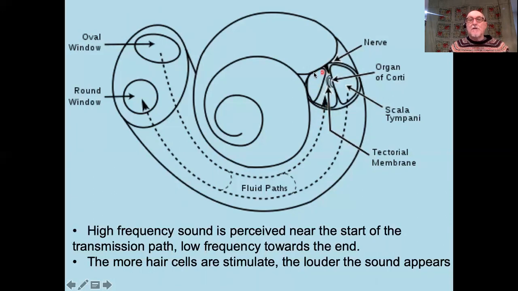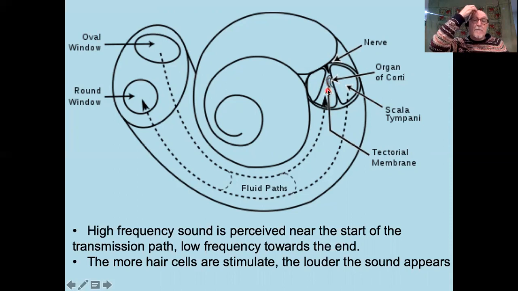And this initial canal is itself divided in two. In the center, there's the actual mechanism for hearing, which is called the organ of Corti, Corti being the person, I guess, who described it. The sound wave passes all the way around to the apex of the cochlea, and then it passes back down through this canal here, and then out through the round window. And there's no sound reception here. All the sound reception is in the first canal.